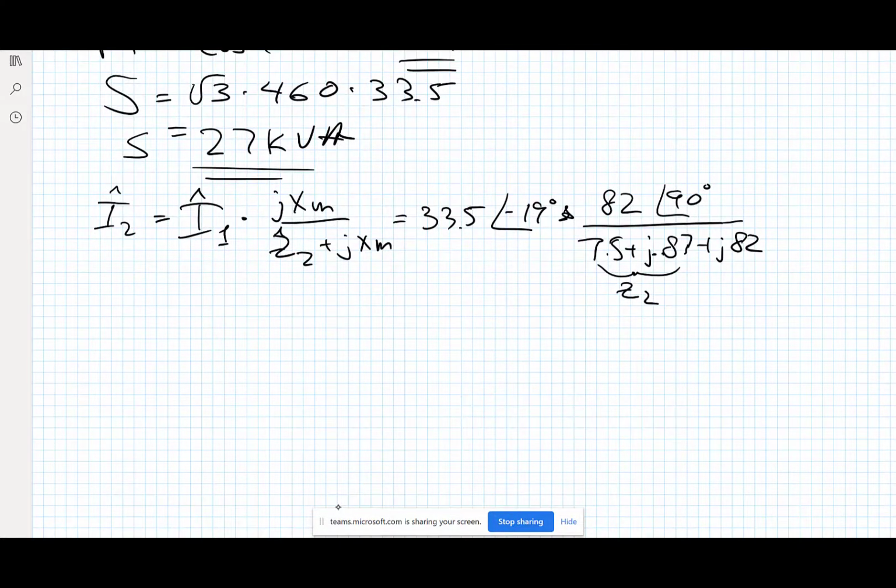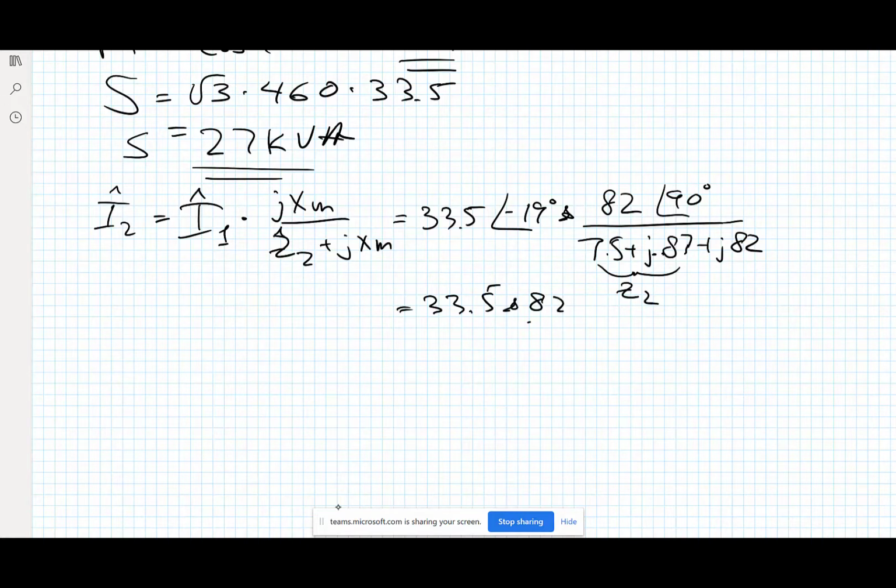So I just convert this to a magnitude now. I'm squaring the 7.5 and squaring the sum, 82.87, and that's 88. So this ends up being 33.5